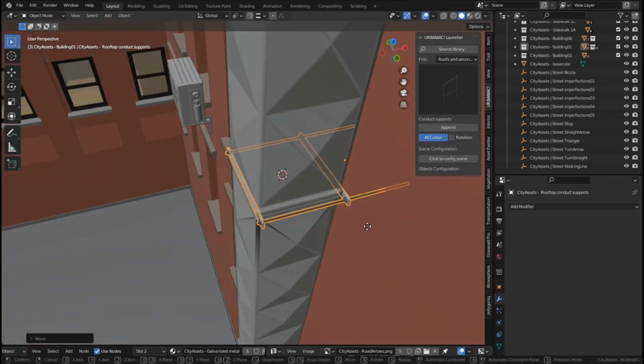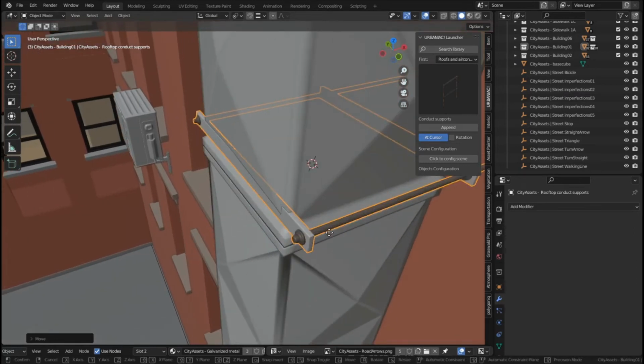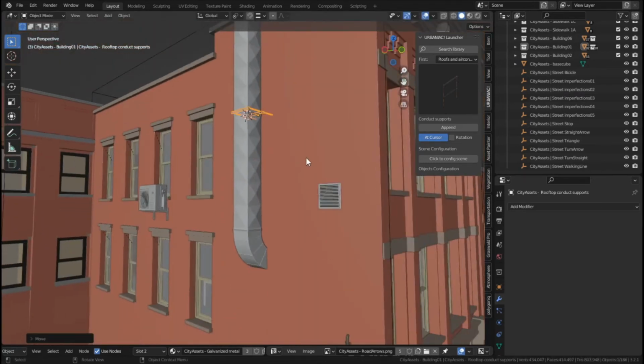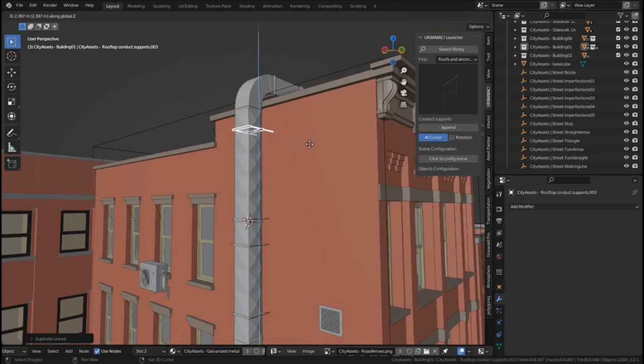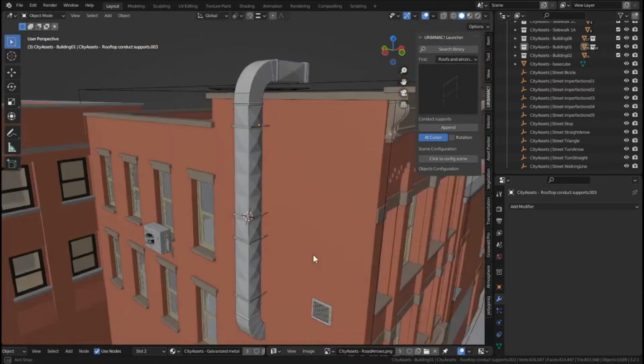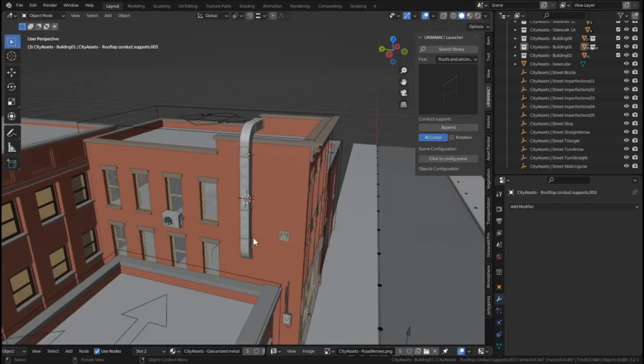Position it in the right place. It's not rocket science, so it doesn't need to be super perfect, but yeah, it's a pretty cool addition and